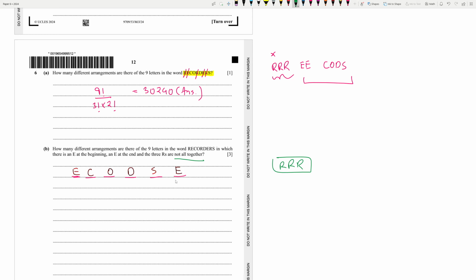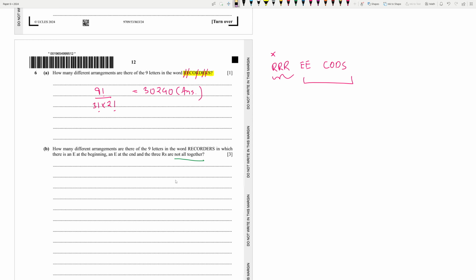So what I have to do is find the total number of arrangements and then subtract those particular arrangements where the R's are together, or else it's going to be too complicated. Because I have to do it two ways then. I have to find the ways in which the R's are in a pair, and when the R's are not next to each other, which is a bit complicated. So this is how I'm going to approach the sum.